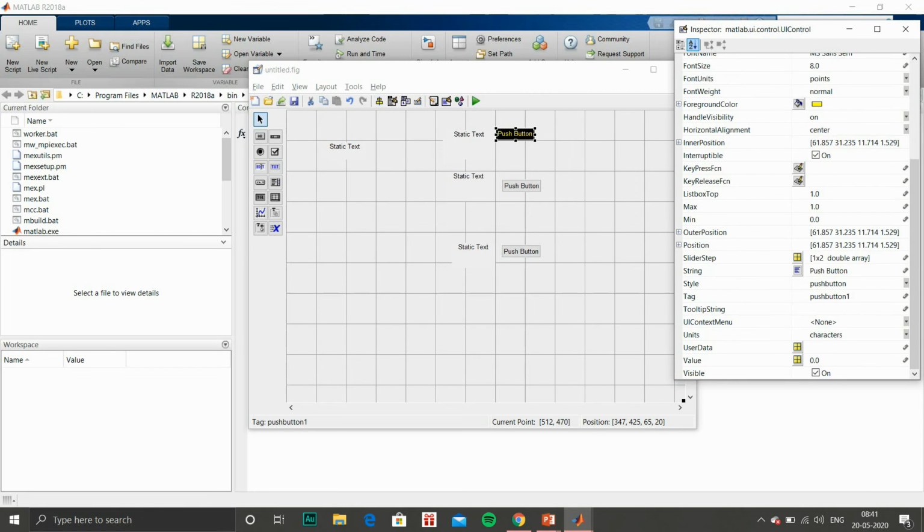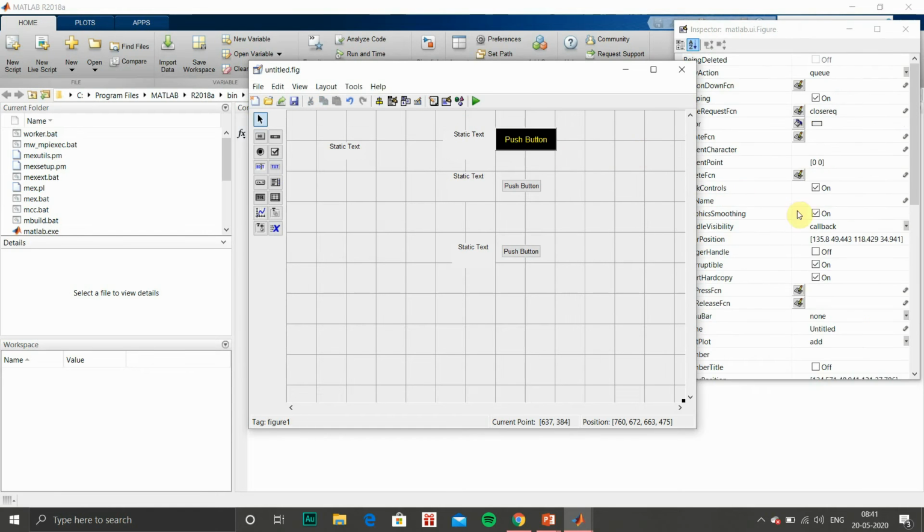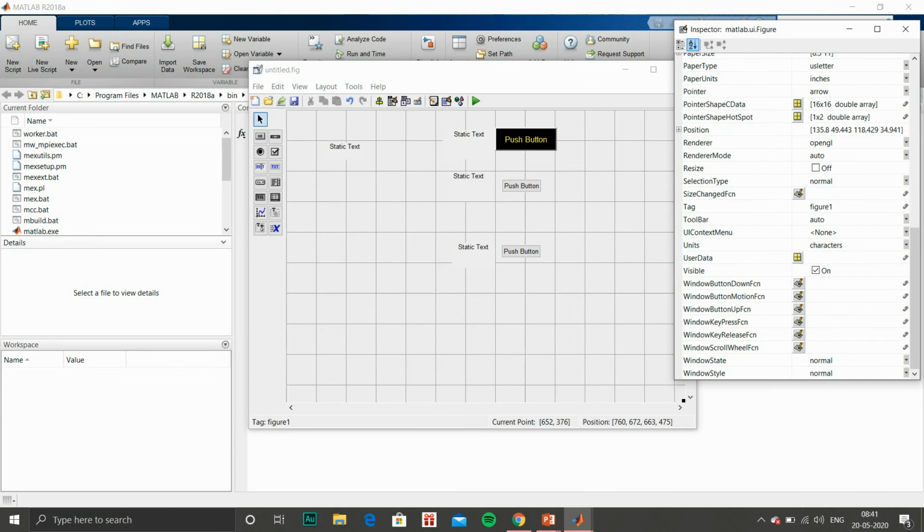Then font size you can change. So font size is changed. Visibility should always be on, so that the push button is visible in our output window.